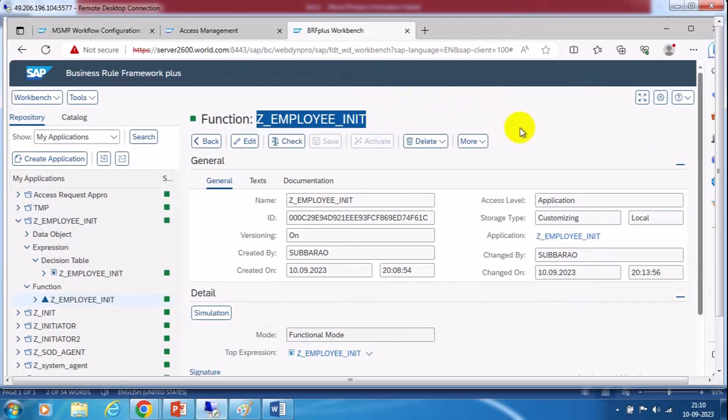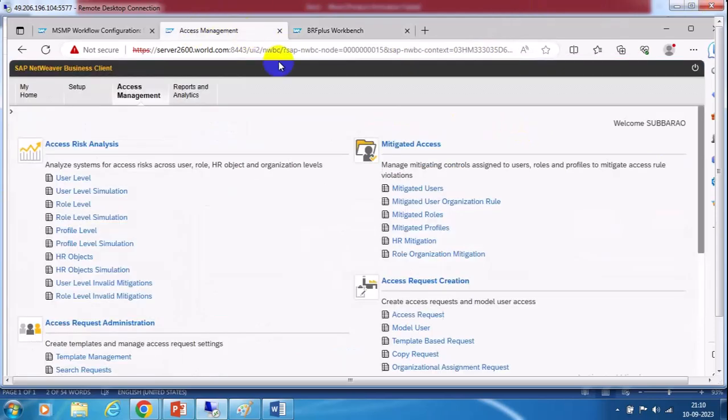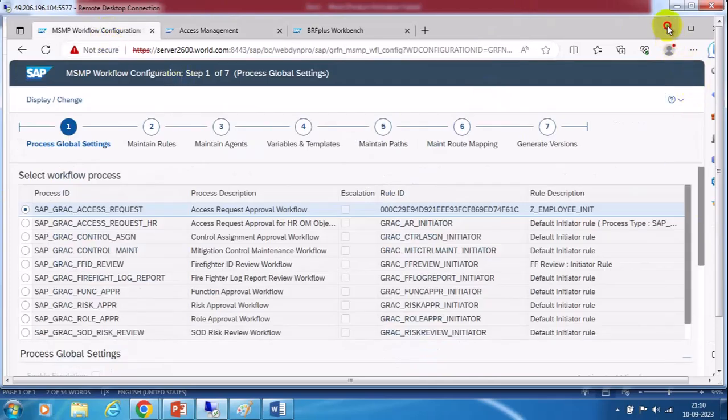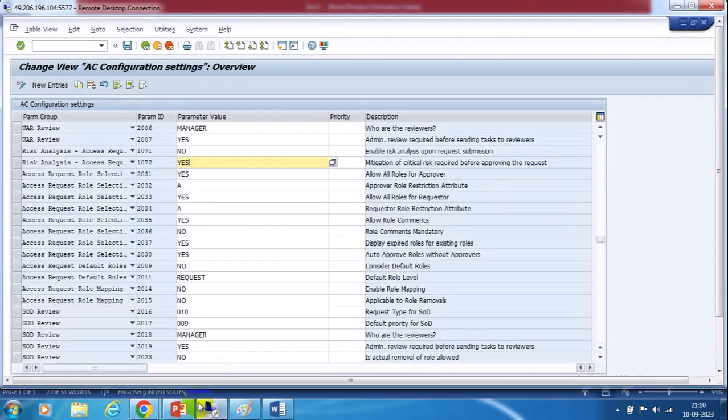Now, how confident are you on the workflows and BFF plus? Do you think that